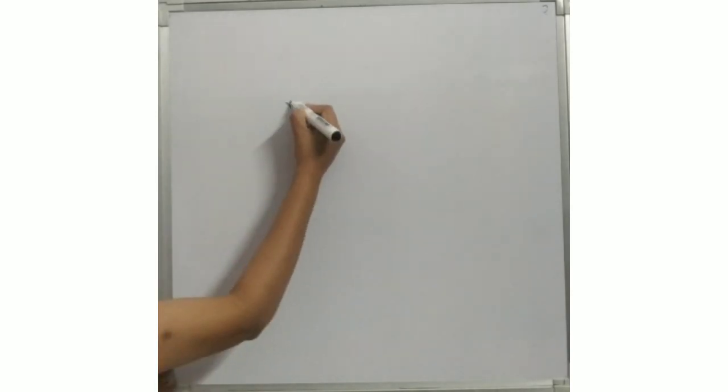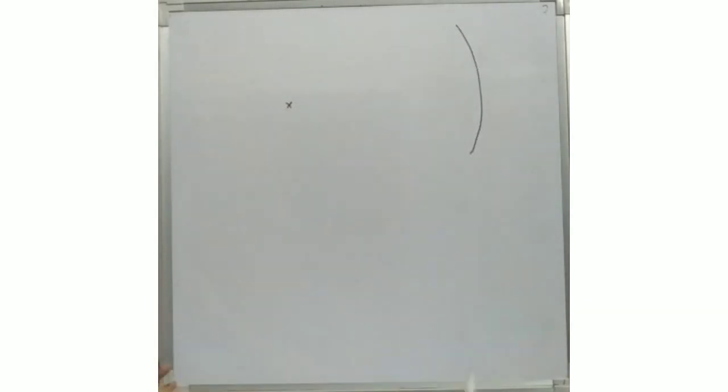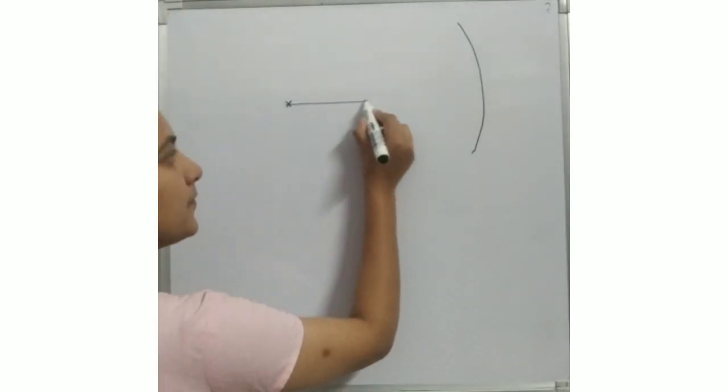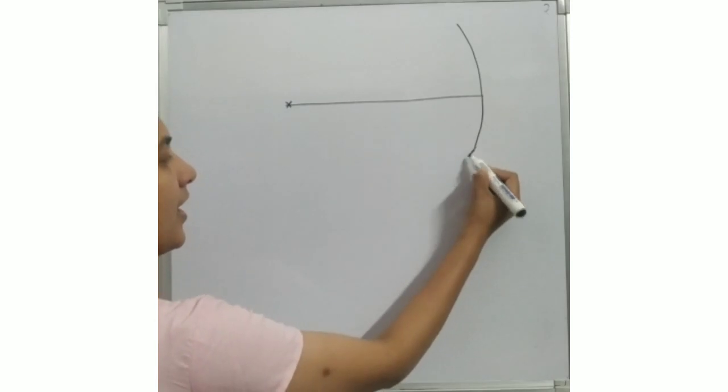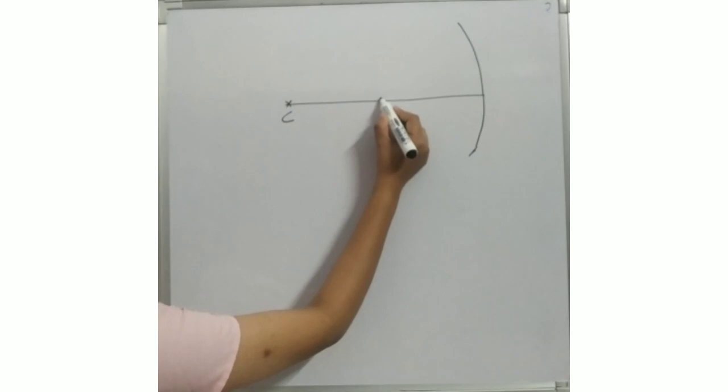Let us see how to draw the ray diagram. And here we will see how to draw the ray diagram for a mirror. For that, the initial step is to measure some distance in protractor by using a scale and draw an arc. Suppose we are measuring 4 centimeter in the meter scale, then the arc will have a radius of 4 centimeter. And now this will be the center of curvature of the mirror